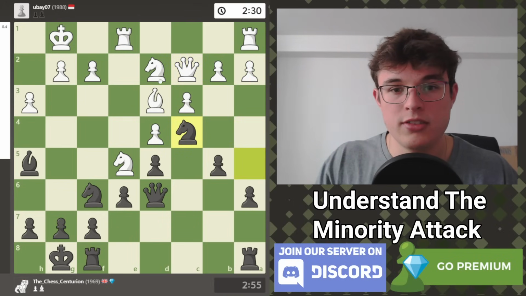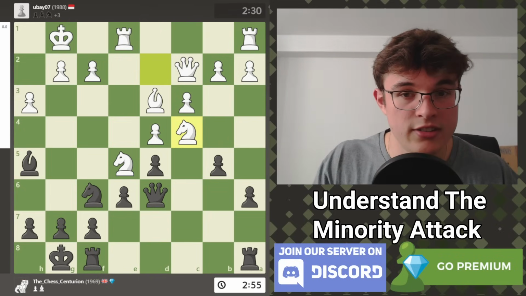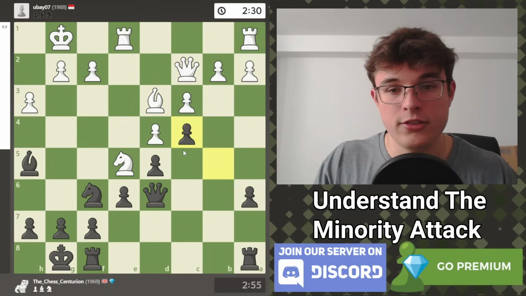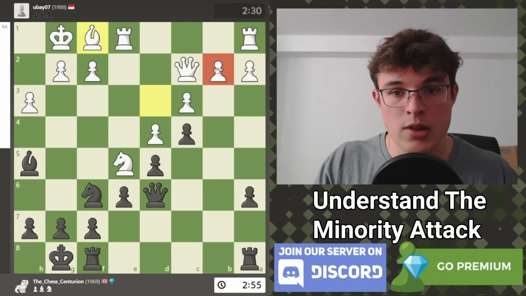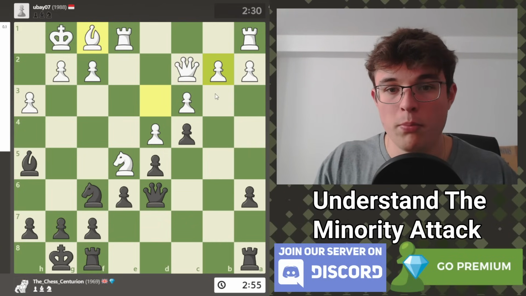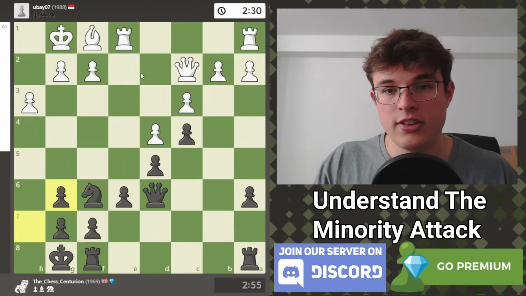If my opponent takes the knight, what do we do? What do we do? You should know the answer to this now. B takes. Bishop moves. Where's our target? It's on b2. b2 is the target. If this pawn moves, let's say bishop g6, knight g6, hg6,